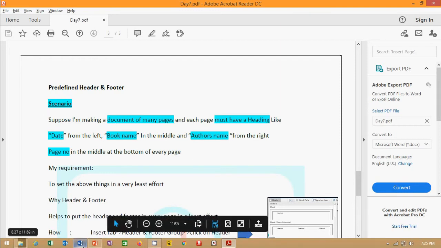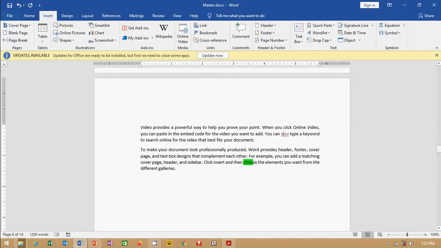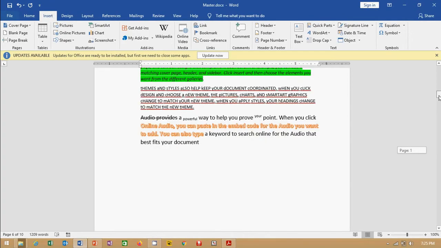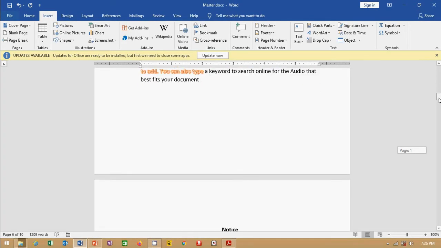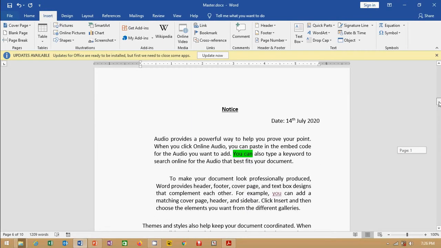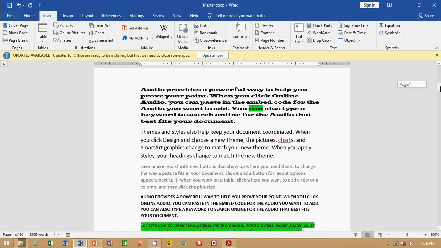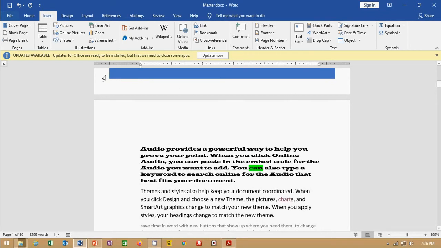As it is a page of 10, it is very easy to write down those things on each and every page manually. But if my document consists of more than 100 pages, 200 pages, it is quite impossible to write down those things at the top or at the bottom of the pages. So now what should I do? We need to go to Insert, and after going to Insert, we need to come here, the header footer group, then come to the header part.